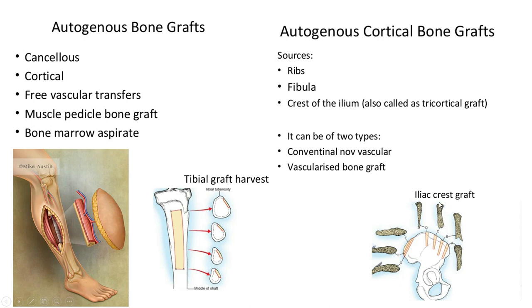So this is one cortex, this is one cortex, this is the wall, this is the two walls, and this is the roof. So it's called tricortical, and in between there will be cancellous bone. So this is the most effective bone graft. Why? It has all the varieties. First, the cancellous part is there, and the bone marrow space, I mean bone morphogenic protein, is there, and it also acts as a scaffold. So osteoconduction property is also there, and it also gives structural stability due to the cortex. So this is the ideal bone graft, which is taken from the iliac bone.